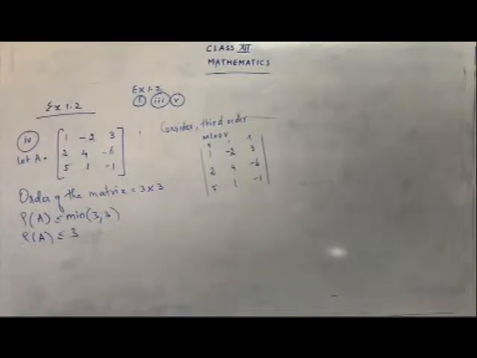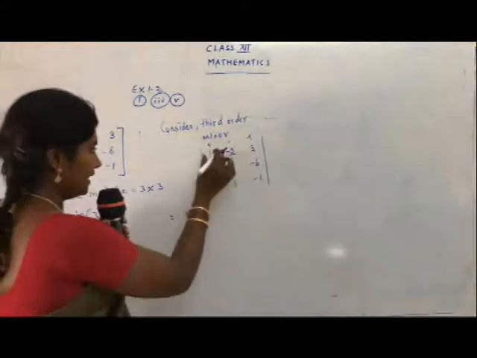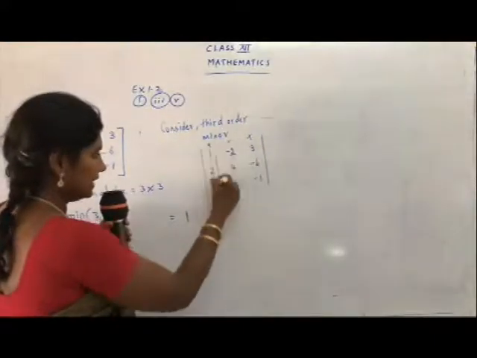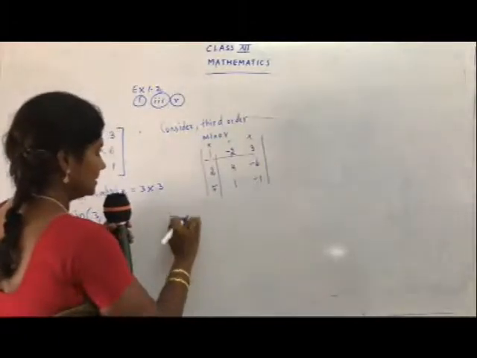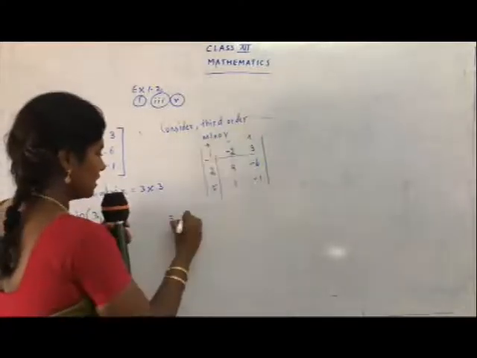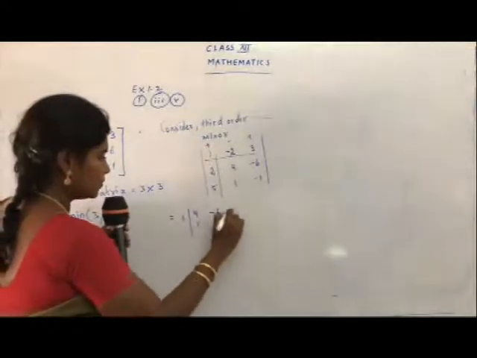You have found many sums for determinants. Yes, children, you have found the determinant for 2 by 2 and you also know how to find the determinant for 3 by 3. So just use your steps. I'll do the first sum step by step and then we will try to do it directly. If I take 1, I should leave the corresponding row and column. So what is left here? 1. See the sign: the first sign is plus, so it's 1 as it is. 1, 4 minus 6, 1 minus 1.